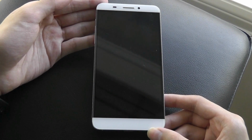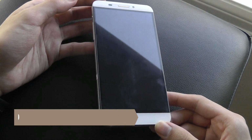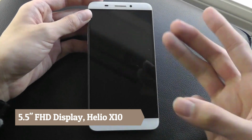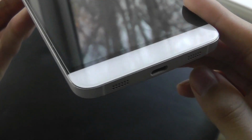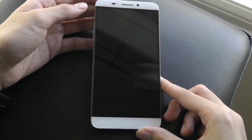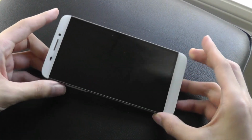Granted, it's no longer the newest thing in the world, but it still has respectable specs considering the budget price tag, including an octa-core processor clocked at 2 GHz by MediaTek, it's the X10, along with 3 gigs of built-in RAM. There is a standard USB Type-C port on the bottom that supports quick charging. You also have a 5.5-inch Full HD display. There's also 32 gigs of built-in storage, and it has a 13 megapixel camera on the back, along with a